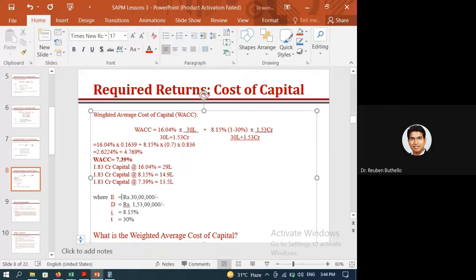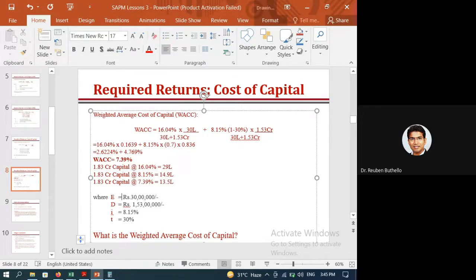What I was hoping everyone would do is go to the company that you had already chosen. You will check how much equity they have. You will check how much debt they have. You will punch in all the figures of your company and calculate the weighted average cost of capital for the company that you have chosen. But since all of you don't have your laptops with you, I am forced to do this exercise by myself and present it to you.